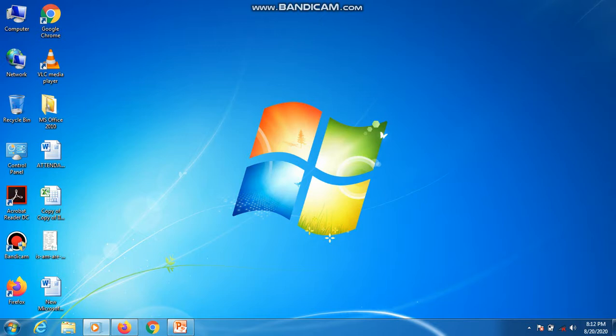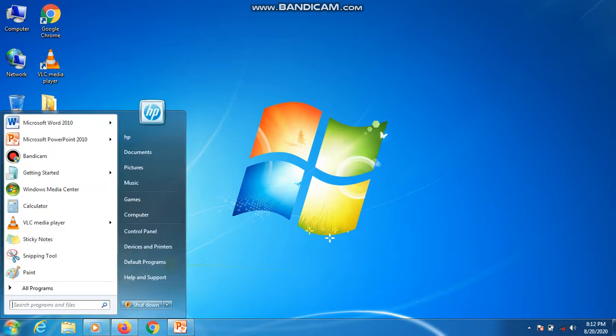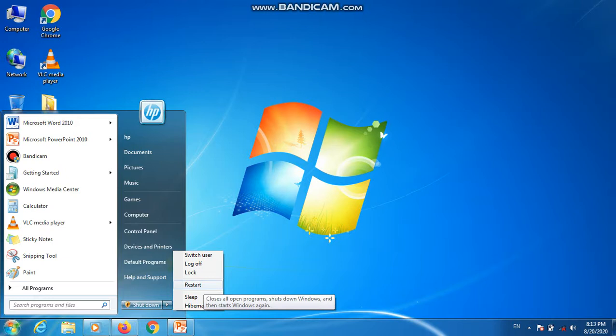Suppose you are working on some application and there is some problem in the computer and you want to restart the computer. So again, click on the start menu. Here you can see shut down and there is one arrow. Now click on this arrow, or you just place your mouse pointer over here, then this box will open. Switch user, log off, lock, restart. Just click on this restart and your computer will switch off, your computer will shut down, and immediately on its own it will start. You don't have to start it, it will start on its own. It is restarting. It will shut down and then it will start on its own.